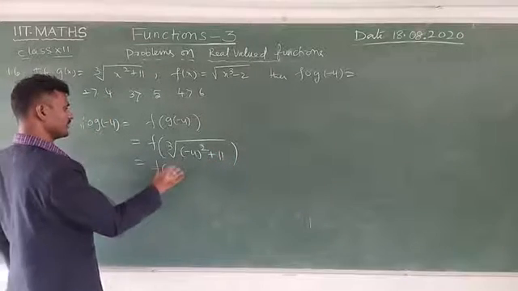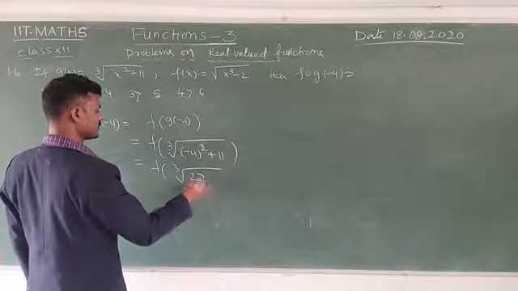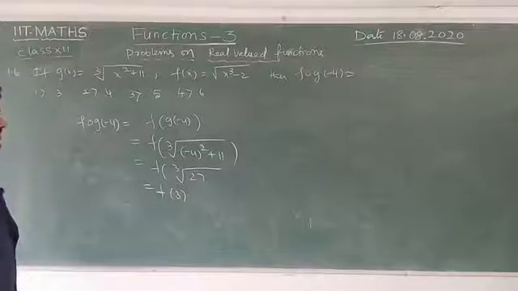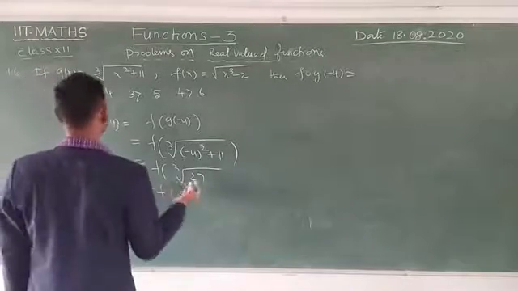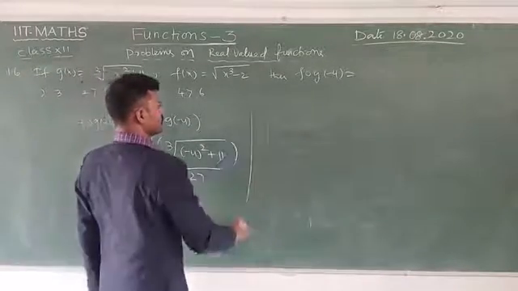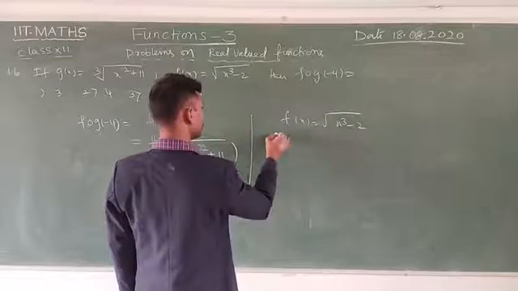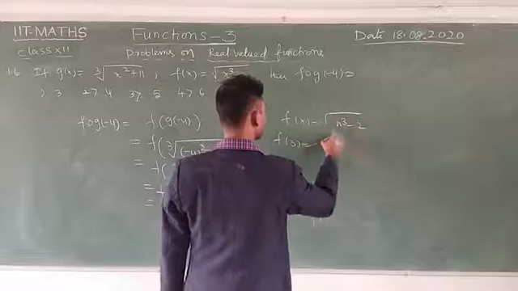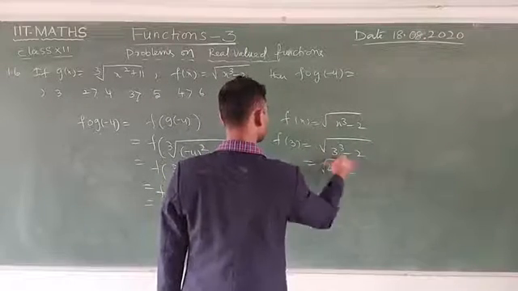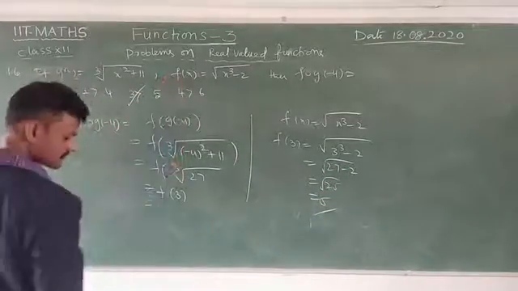Now f of cube root of 4 square 16 plus 11, 27. 27 means here f of 3. 3 cube is 27. Okay, cube and cube root both are cancelled. Then f of 3. Then f of x is equal to under root over x cube minus 2. Now f of 3 is equal to under root over 3 cube minus 2. 3 cube 27 minus 2 is equal to 25. Under root 25 is equal to 5. Then third option. Note down.